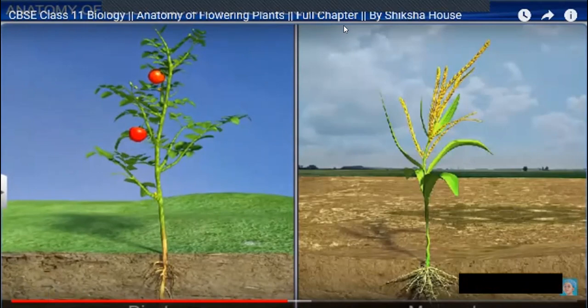So, through this video, we not only revise the part we studied, we learned a few new things. That is, the whole body of the plant can be subdivided into three parts. The outermost part, which is responsible for covering, is called, yesterday also I told you the name, the protective layer of the plant is called epidermis. Epidermis.